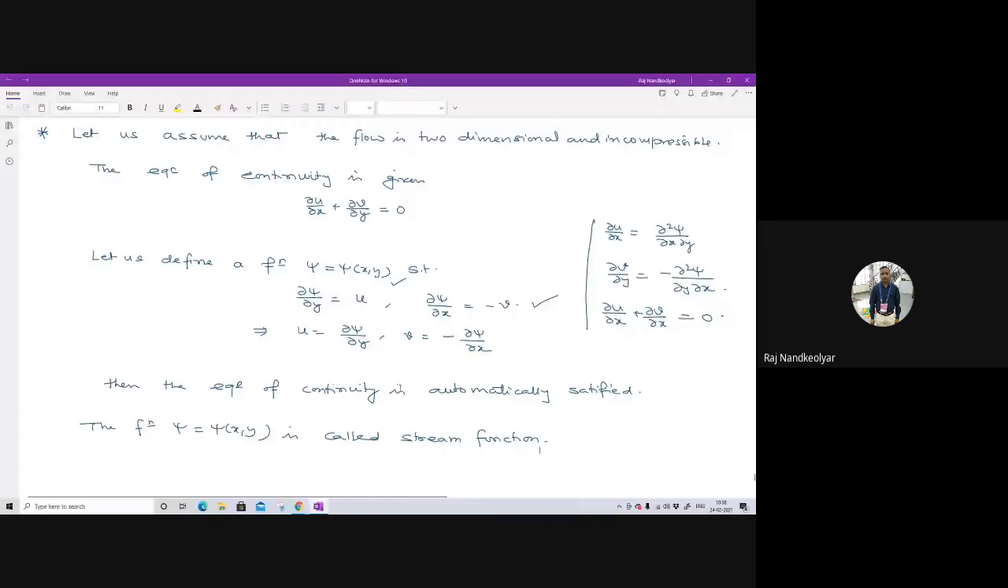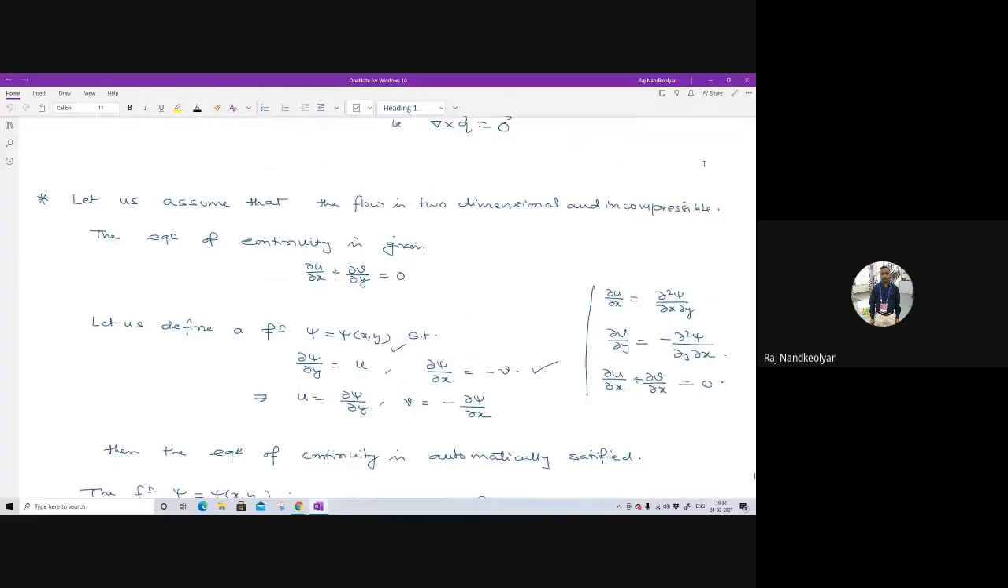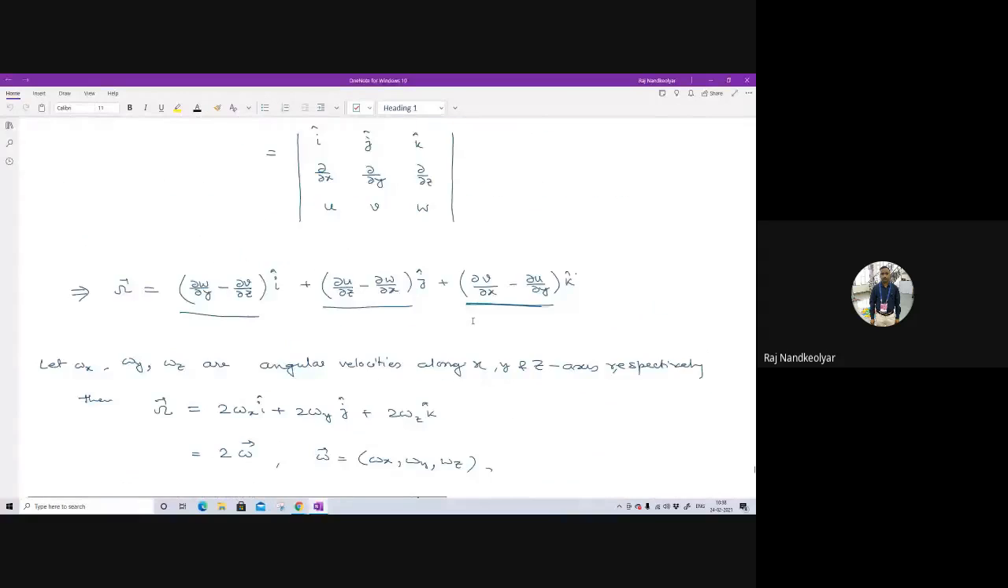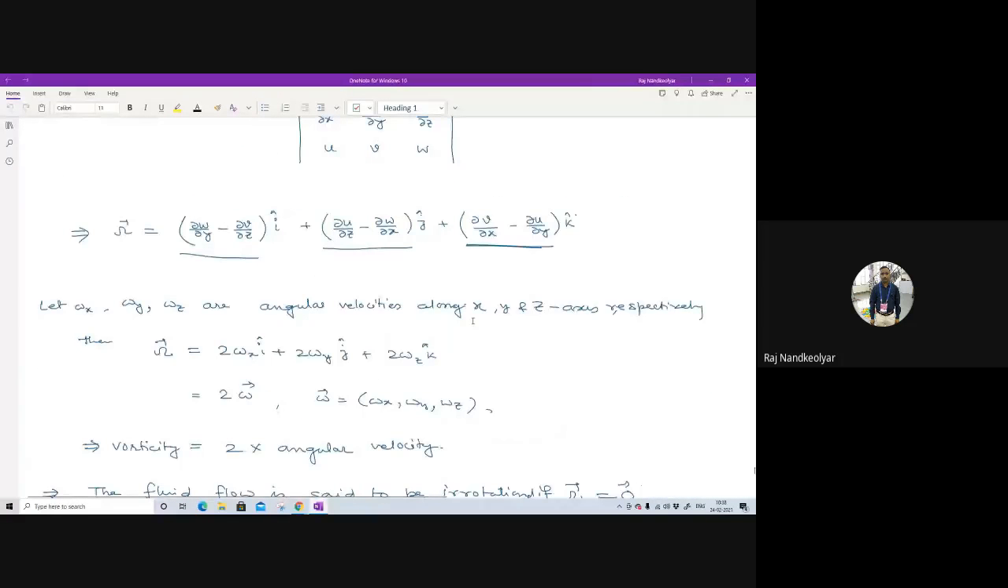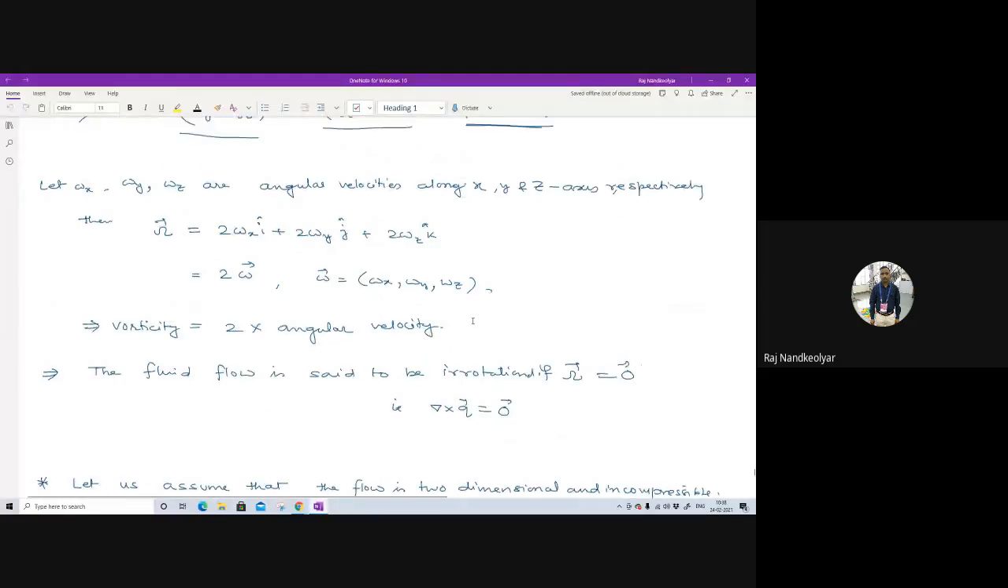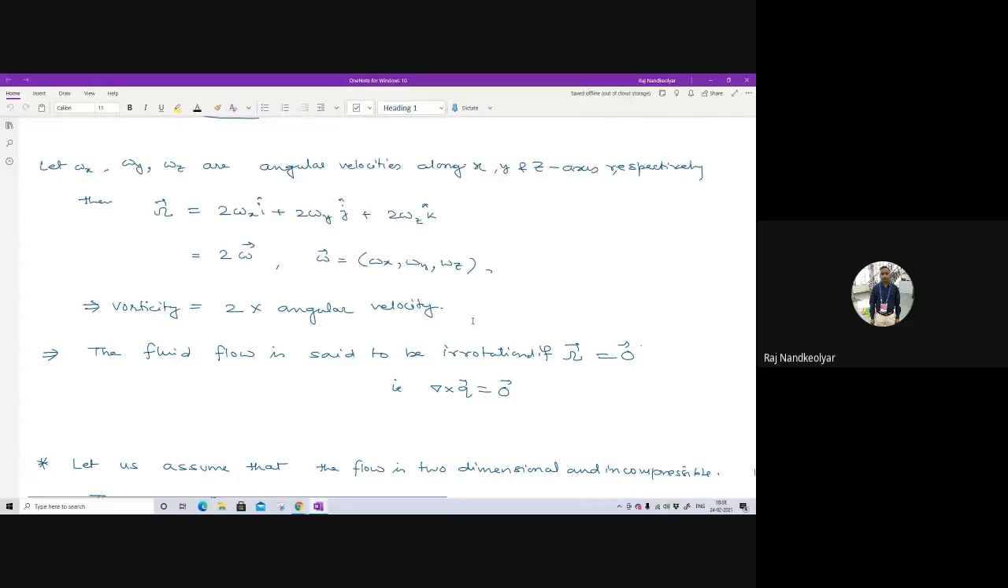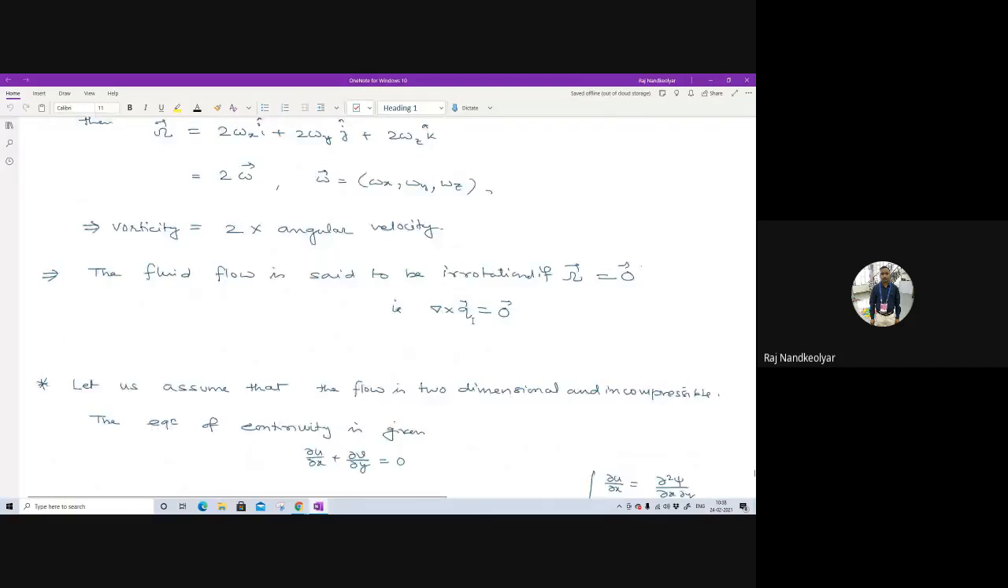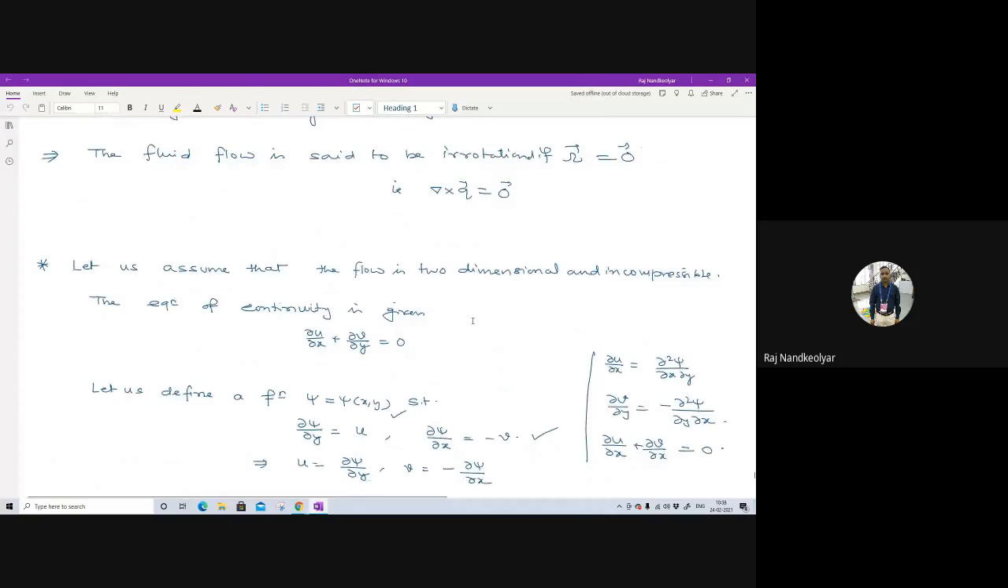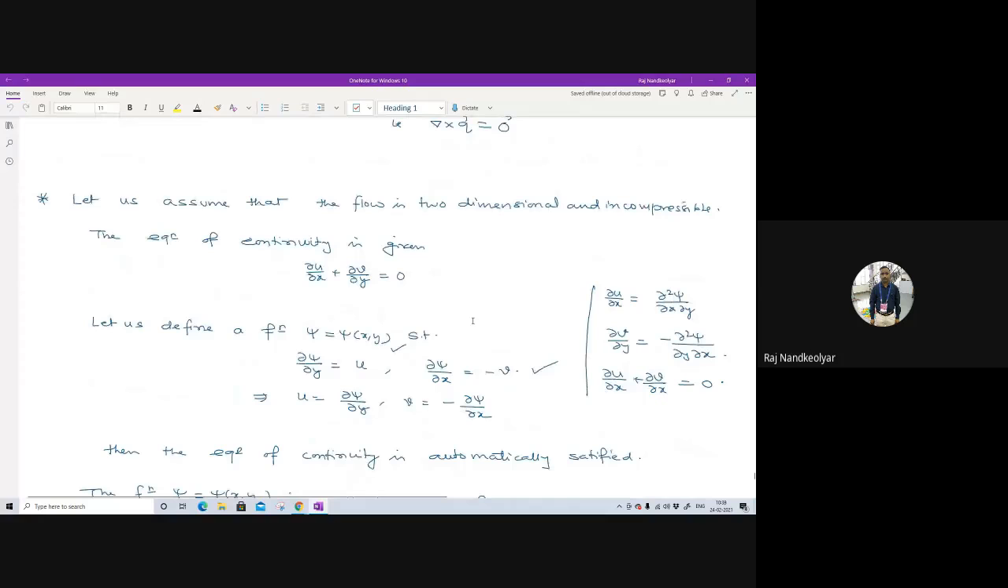So okay, we started in the last class. We defined the angular deformation rate. Then we went ahead and defined the irrotationality, the vorticity vector, and then we were in the process of discussing